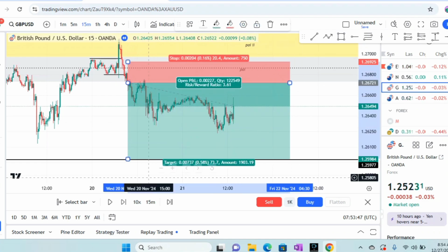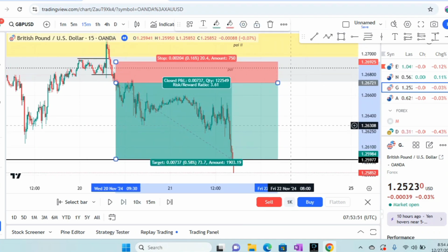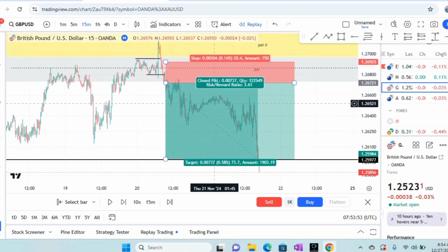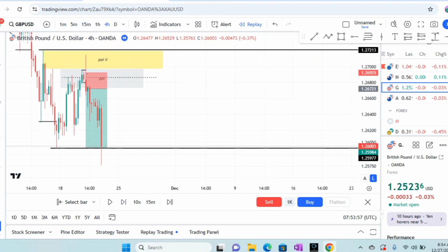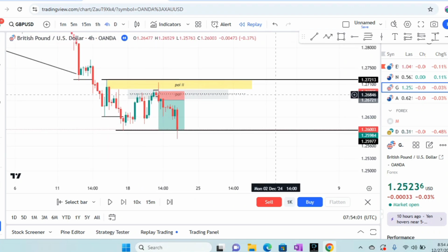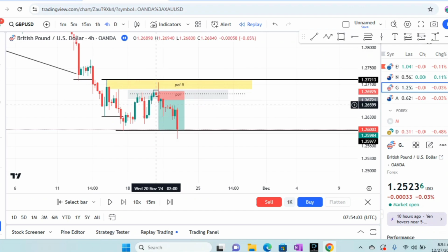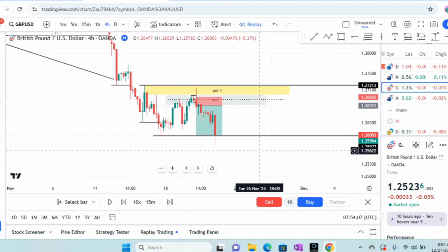Let me also share this to this point. Good. Take profit has been smashed. So if you now go to 4 hour time frame, you see all this play out perfectly well. Now this is it. Markets came into point of interest too. You saw that red line. You saw the confirmation we used,